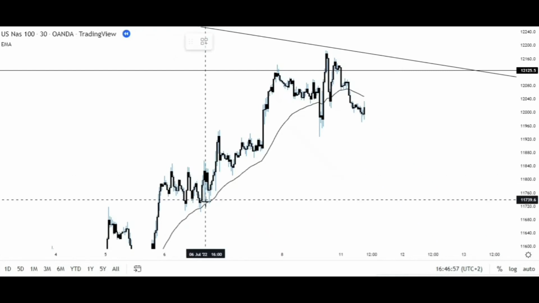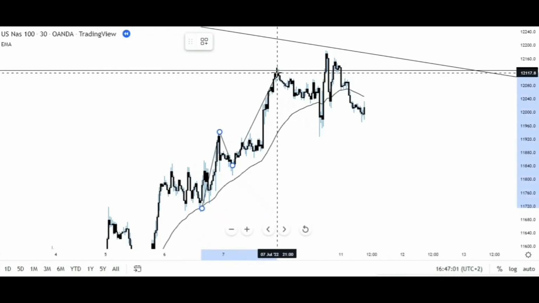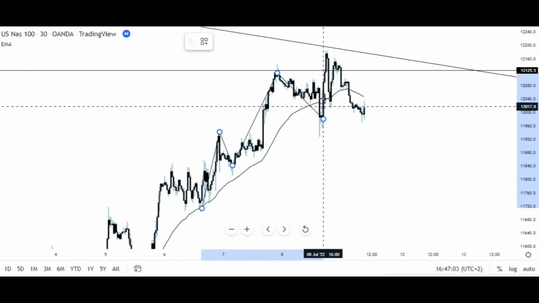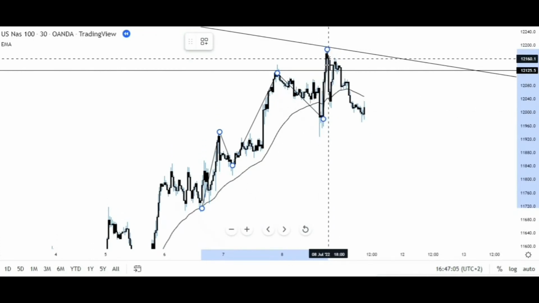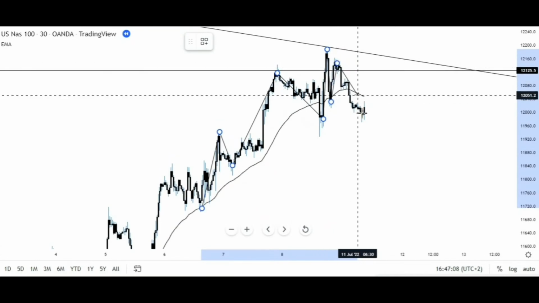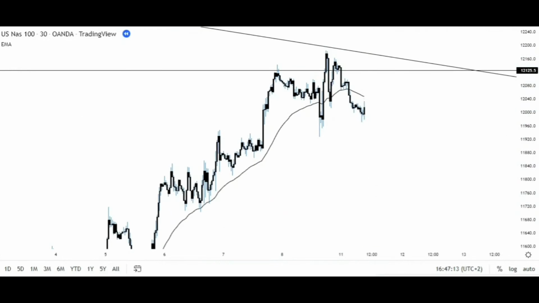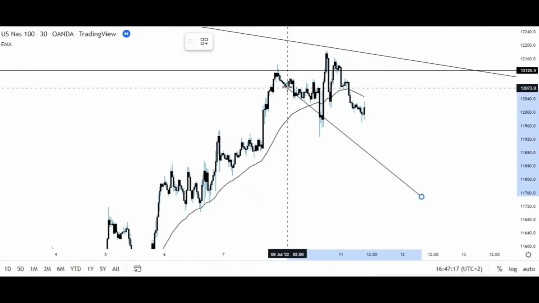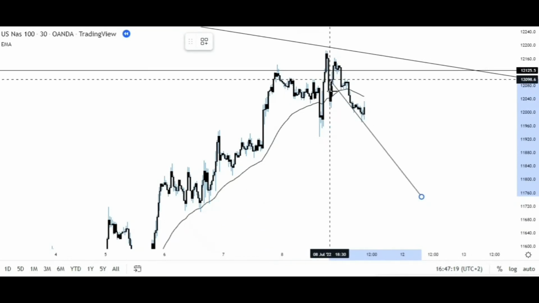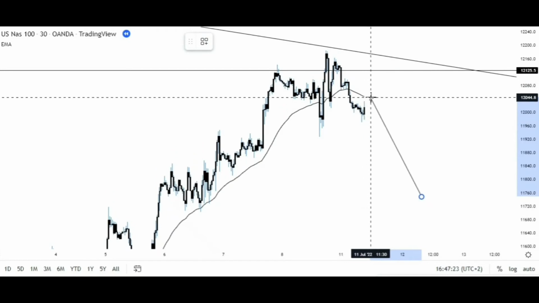It's very important, and it's something that I teach my students. So, higher high, higher low, higher high, higher low, lower high, lower low. That's your shift. Beautiful right there. And I want you to notice this right here. So, higher high, higher low, higher high, higher low, lower high, lower low,